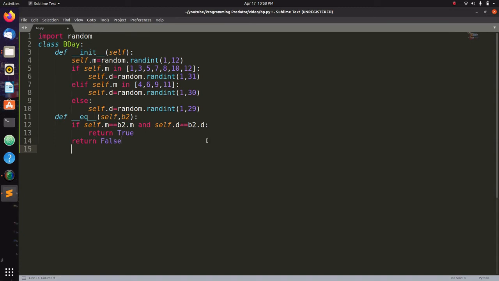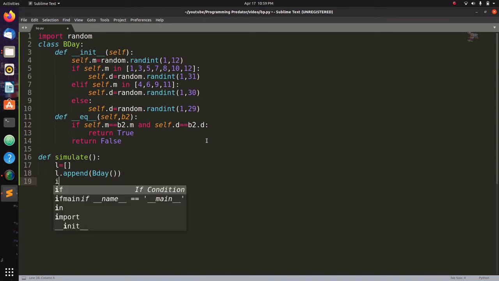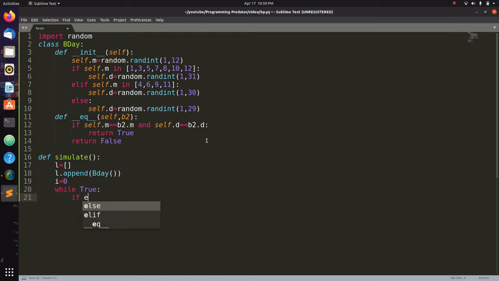So now we write our function to simulate. We'll just name it def simulate. And we'll have an empty list. In this list we'll store all the birthdays. And initially we'll just append a random birthday. And we'll take a count variable i equals 0. So now while True, here we'll have the condition if exists.